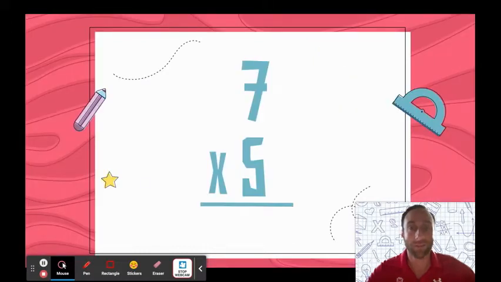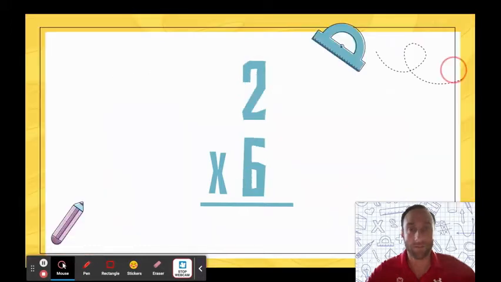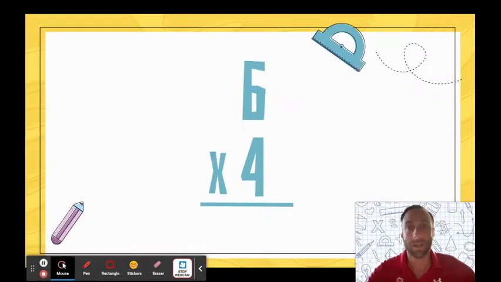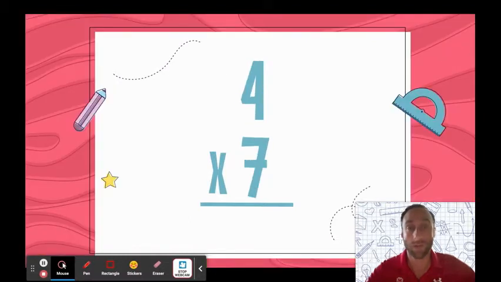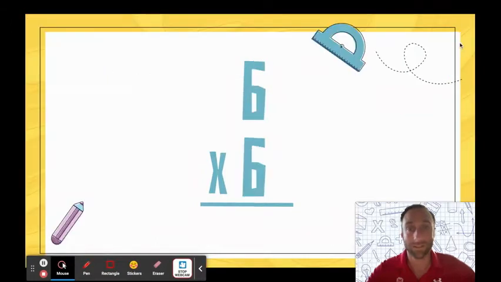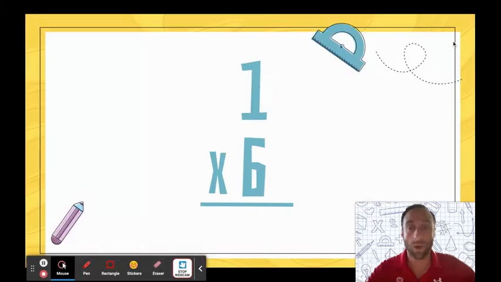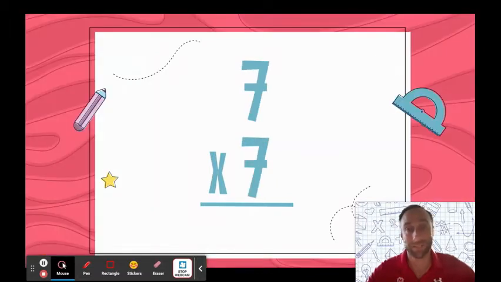7 times 5 is 35. 2 times 6 is 12. 9 times 7 is 63. 6 times 4 is 24. 4 times 7 is 28. 6 times 6 is 36. 8 times 7 is 56. 1 times 6 is 6. 7 times 7 is